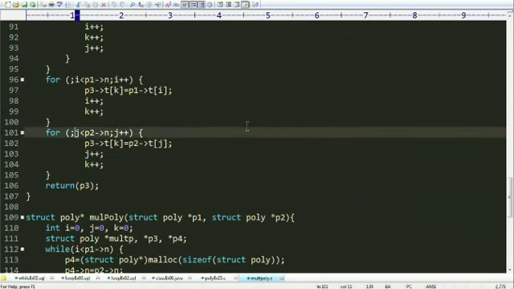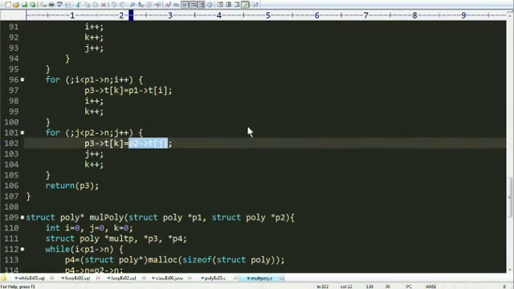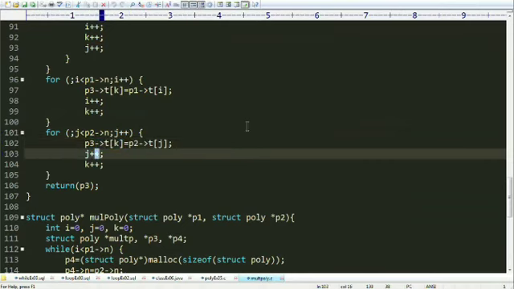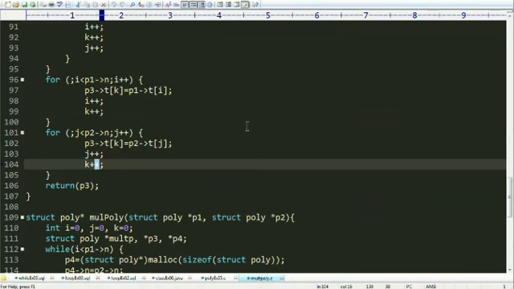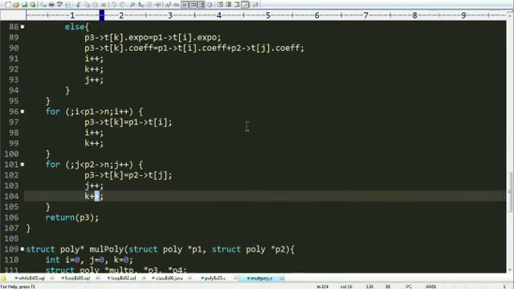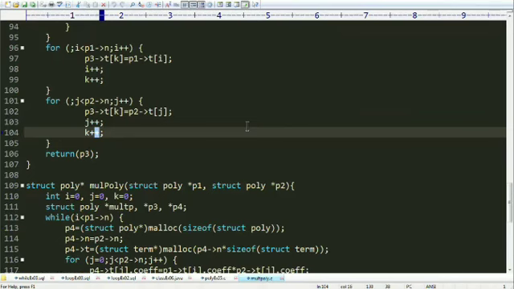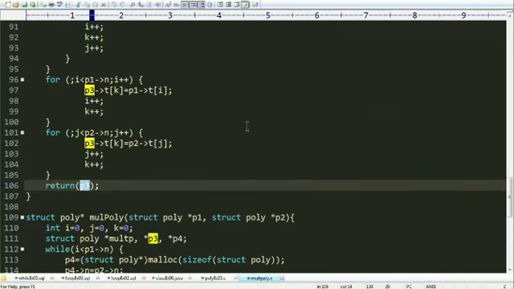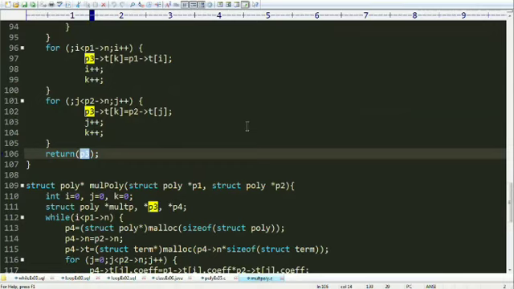If j is less than the number of terms present in the second polynomial, then I copy the second polynomial's term, represented by j, to the resultant polynomial, incrementing both j and k. The whole procedure gives me a resultant polynomial, which is nothing but the addition of both polynomials. When I execute this program, you'll understand it better.